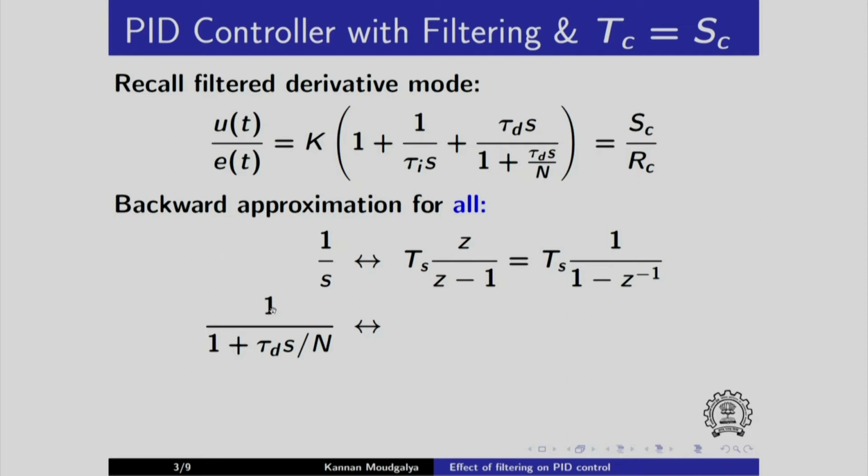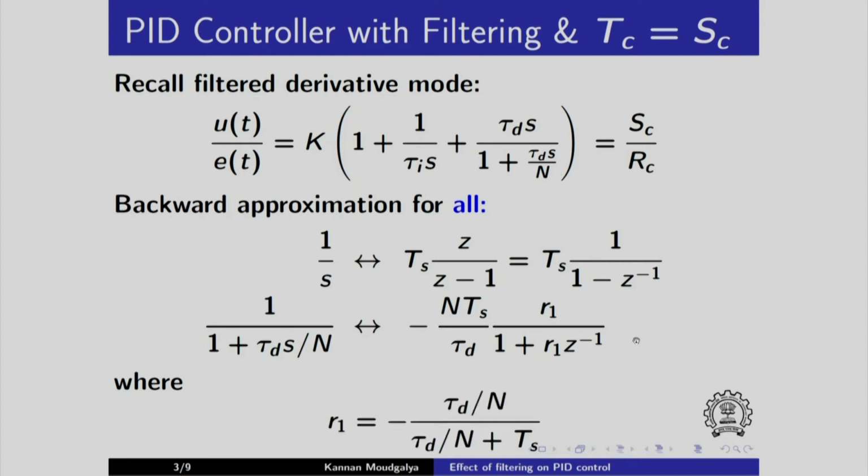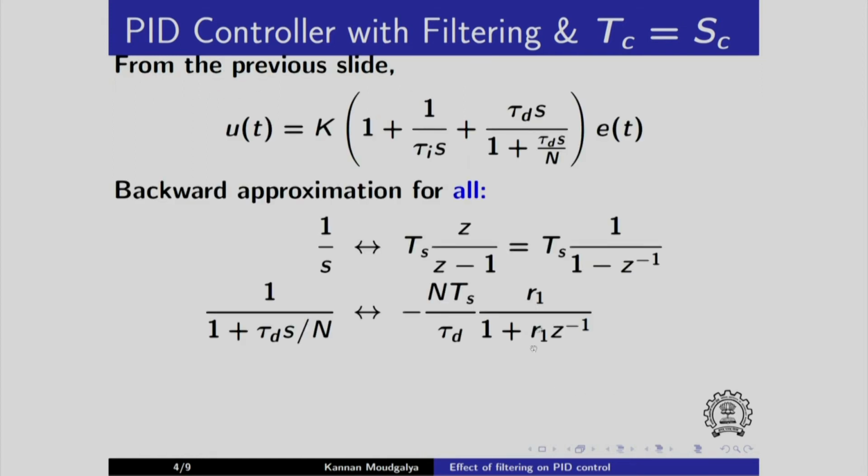You can show that the term on the left hand side here can be written like this, where this R1 is yet to be defined. You can show that R1 is given in terms of this term. I would want you to substitute and make sure that you indeed get these two expressions. Alright, let us start with these. Now let me